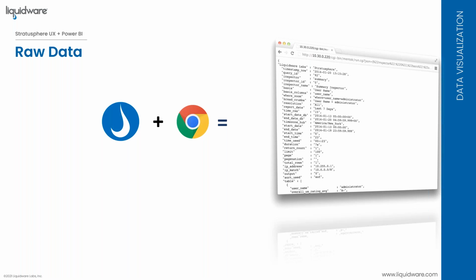So we'll start with the basics. You have a web browser, you have Stratusphere, you can run the API. The API from the web browser will return in either JSON or CSV format. So you can see the data right there on the screen, and you can take the raw data, copy paste if you want to. You have the information you want. Is that useful? Yeah. I've had a number of customers that just save those queries. They just need the raw data, just copy paste on the web browser, hit enter, get the data,